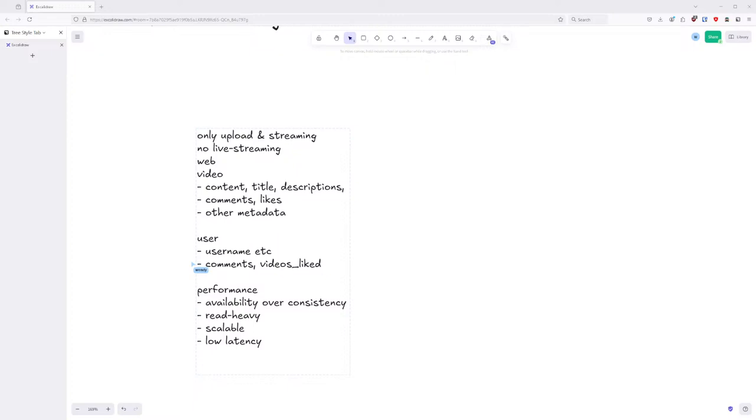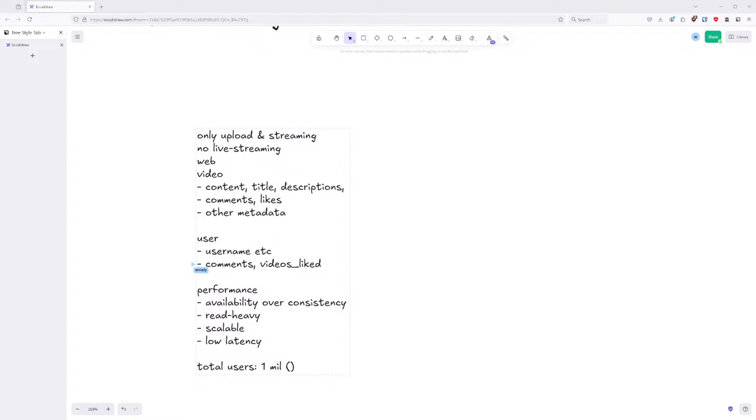So, how many total users are we looking at? Total users, are you talking about uploaders or downloaders? Both, and then we can do an uploader downloader ratio. So we can say total users as 1 million. And how many of those users are viewers, and how many are uploaders? Let's say 1% of users are uploaders.